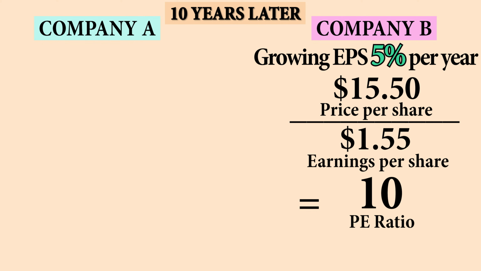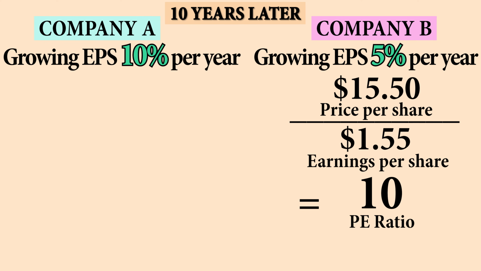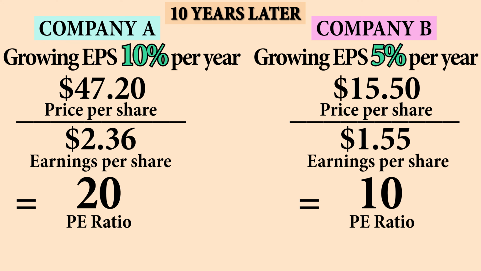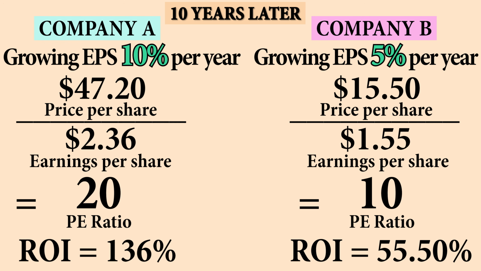Company A, 10 years later, after growing its earnings per share by 10% every year, now earns $2.36 per share. If Company A is still trading for 20 times its earnings, a PE ratio of 20, then its price per share would be sitting at $47.20 after those 10 years. So as it turned out, Company A would have been the better investment even though it had the higher PE